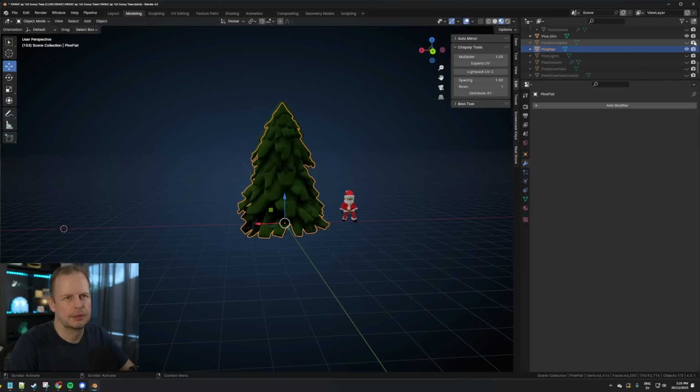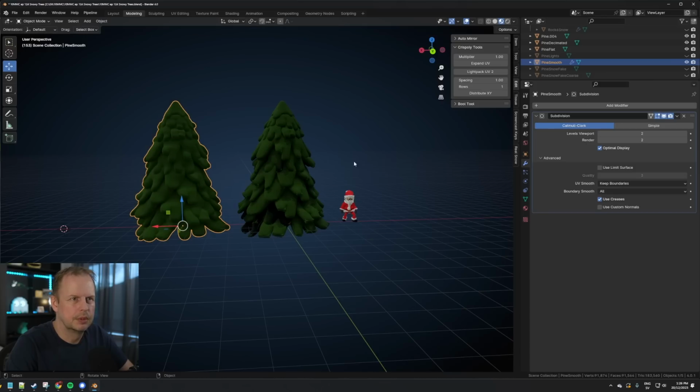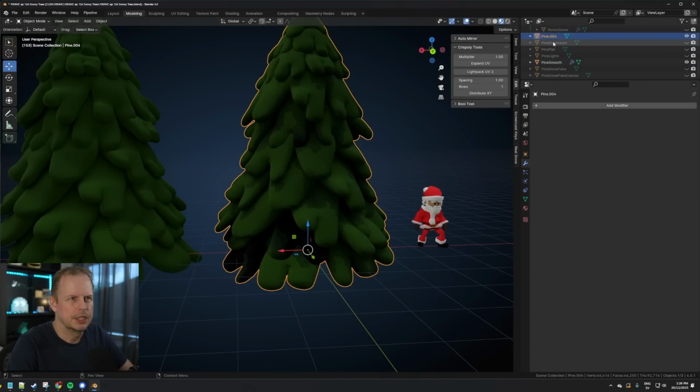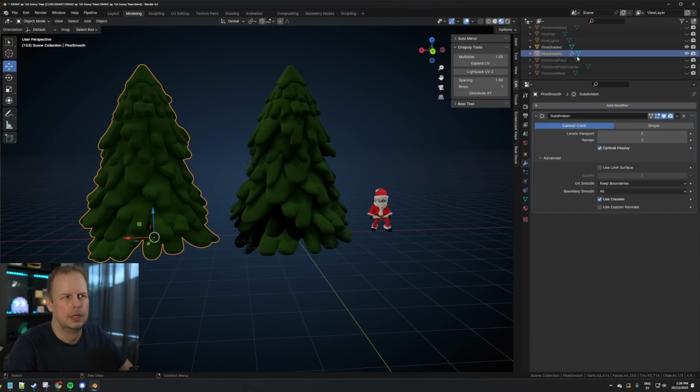We got the flat, we got the decimated, and here's the pine smooth. I already had that one. Okay, I just need to see what the difference is between these two. Flat, decimated. So this is the shaded. All right, shaded. Didn't I name that one? So pine shade. I thought I named that one. All right,